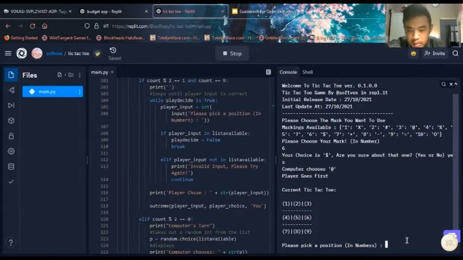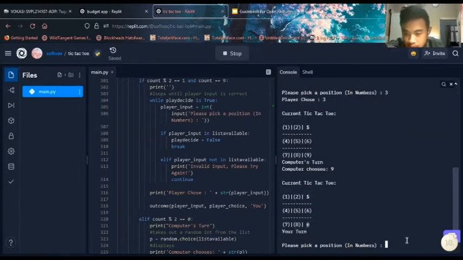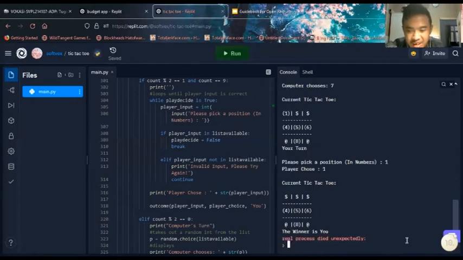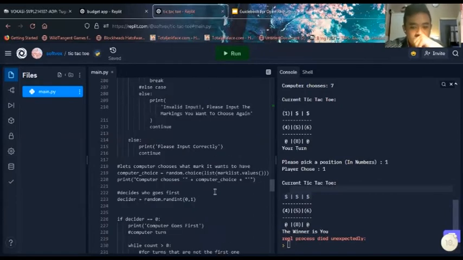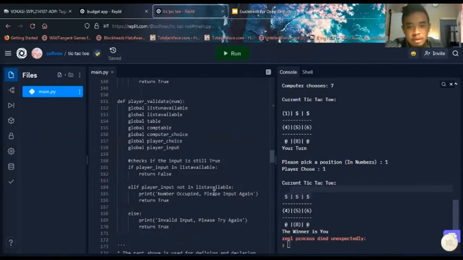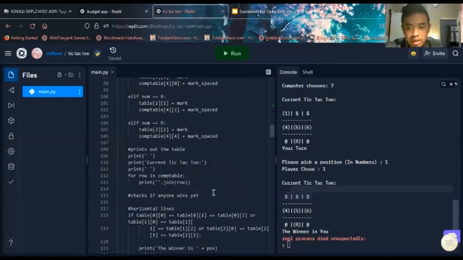Let's say I pick 3. Okay, the computer chooses 9. Fine, I'll choose 8. Oh wait, I choose 2. Oh no, the computer is going to win. But no, I will win first. I'll win first. Okay. So I win. Okay. So here I'll explain as quick as possible, but for the full source code, I'll put it in